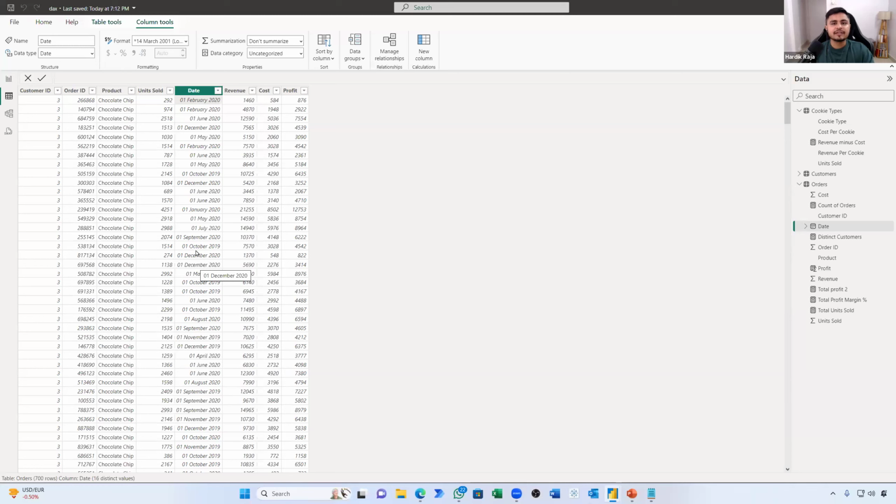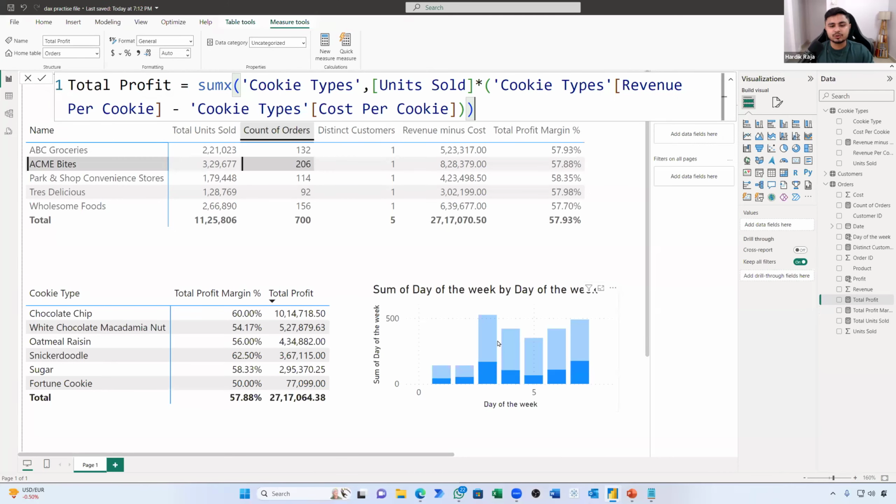Now here we are going to use something which I want to show you the output of first, so you will get clarity on what we are going to achieve. We are going to make a chart. This is something which we already know. Many people would say, Hardik, chart I know. But we are going to make sure we get a chart where, just by hovering on it, we know that this is day 3 of the week, where we have sold almost 525 cookies. But Hardik, how did you come to know? So this is how I prepared my data modeling.